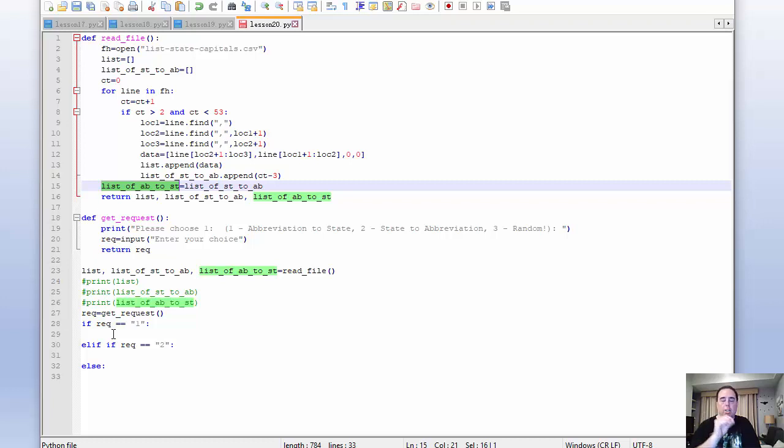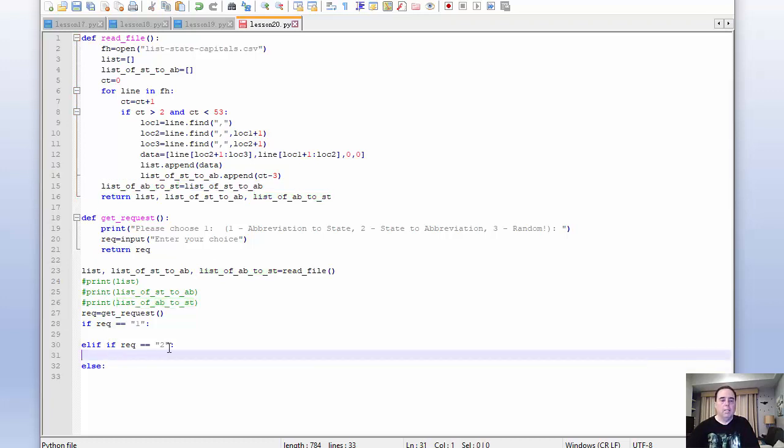You're going to ask, what is the capital of, or not the capital, what is the abbreviation of California? And then you're going to ask the user to type in an answer. If they type in CA, you're going to say correct. If they don't, you're going to say incorrect. The correct answer was CA. Okay? Same thing here. Okay? For choice 2, the opposite way. Now, else,